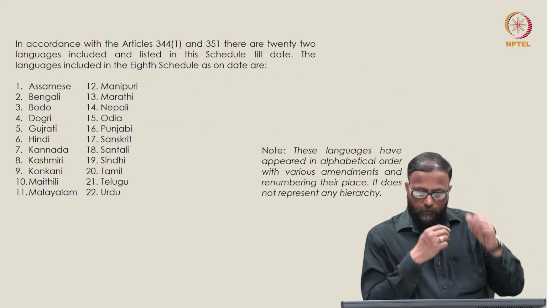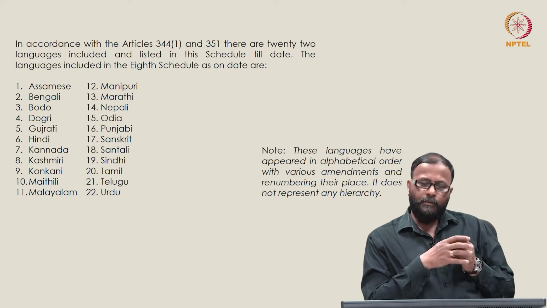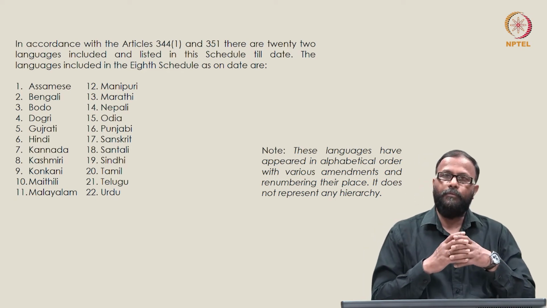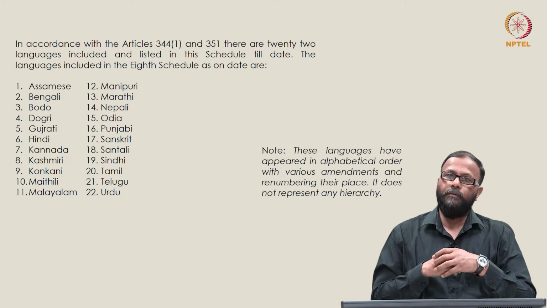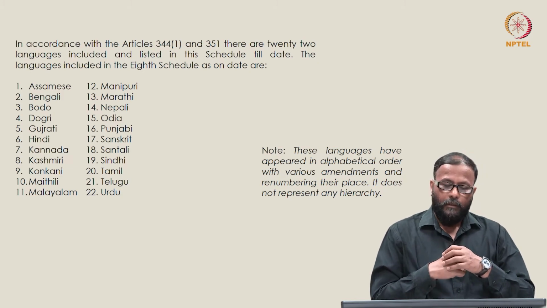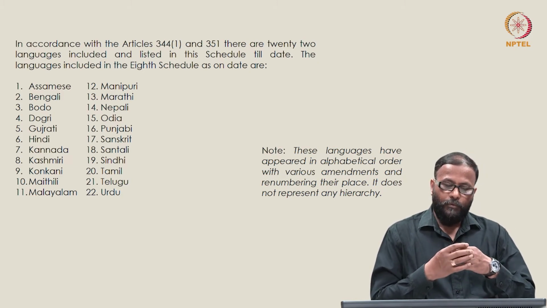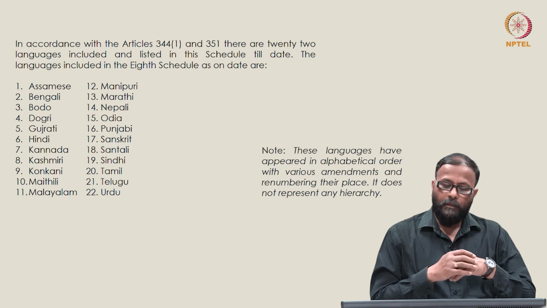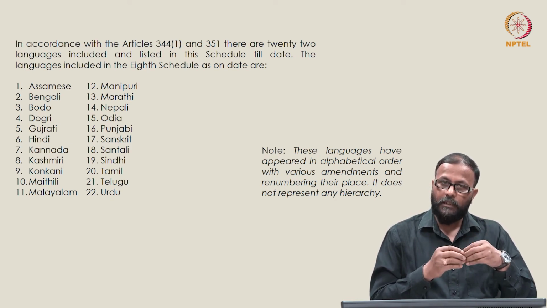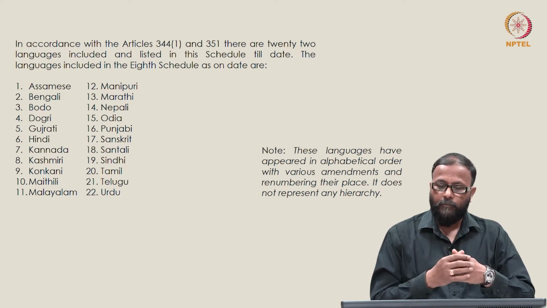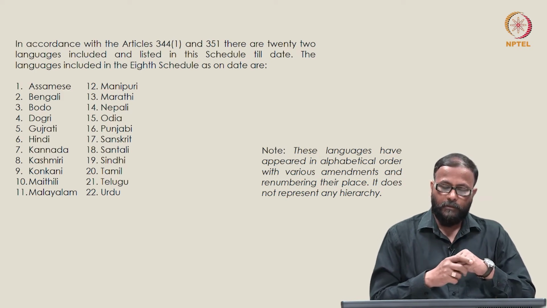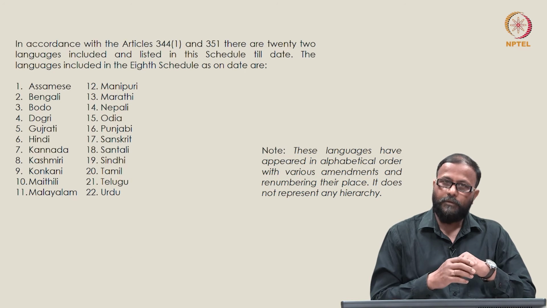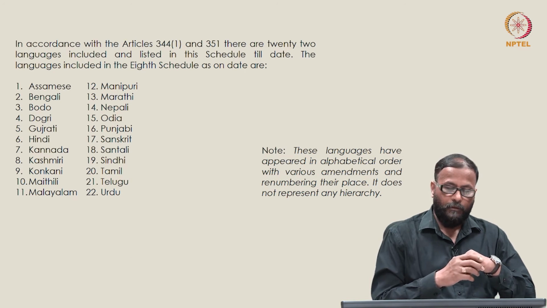Now, in compliance with Articles 344(1) and 351, there are 22 languages included in the list in this 8th Schedule, and there are 22 languages till date as we are talking. These languages in the 8th Schedule include Assamese,